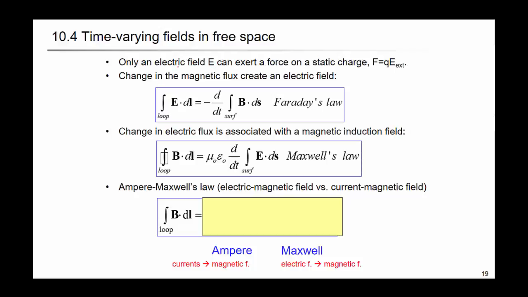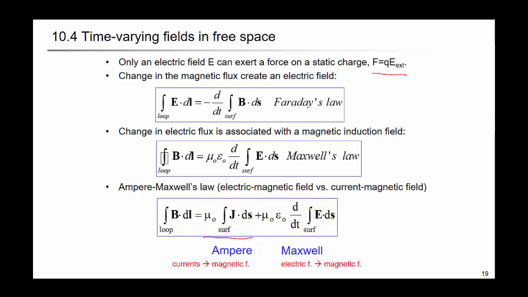And for the electric field, let's read it through from the first sentence. Only an electric field E can exert a force on a static charge. So this is from the electrostatic force. And the change in magnetic flux creates an electric field. That's Faraday's law. And change in electric flux is associated with the magnetic induction field. That's Maxwell's law. And when we combine with Ampere's and Maxwell's law, we have